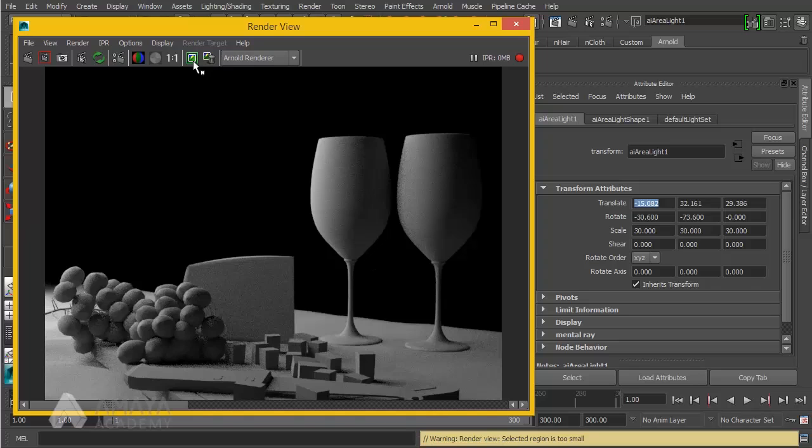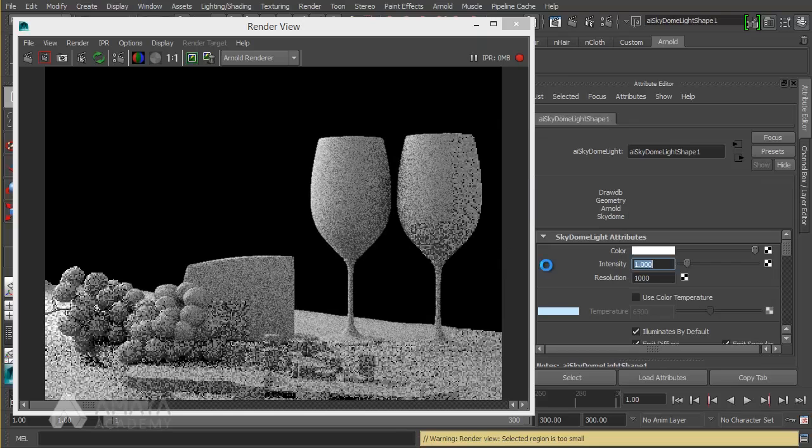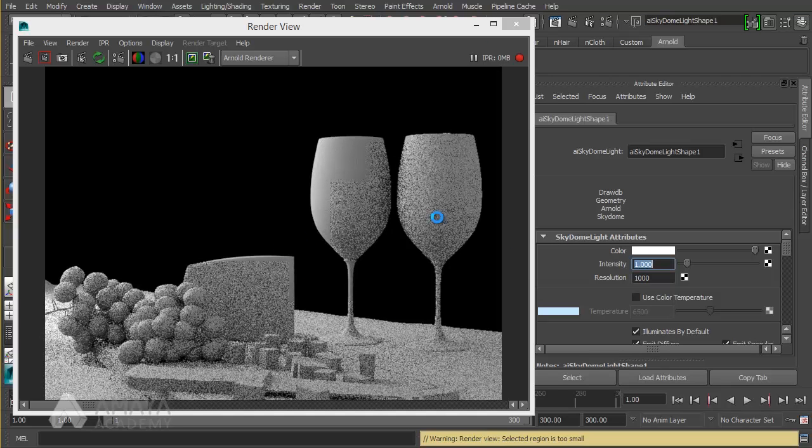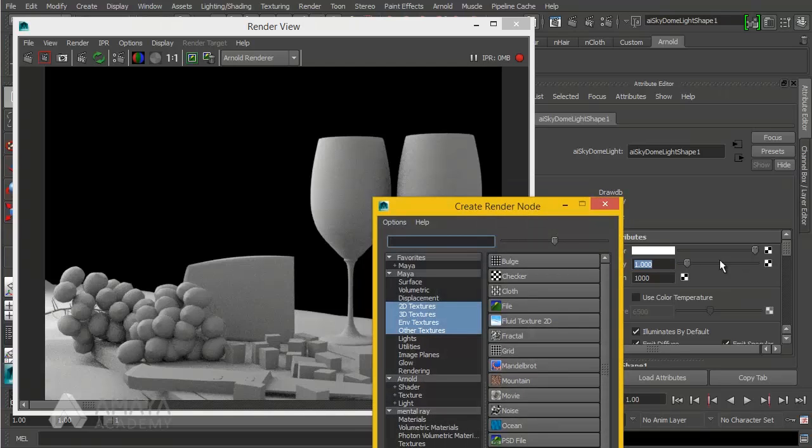So let's keep this render, and we're going to create a light from the Arnold menu, Lights, Sky Dome Light, and it's going to be completely blown out when you first create it because it's just white. Quite an easy way of getting a kind of ambient occlusion look to your render, but we're going to get some color in there by applying an image in the color setting here. So we're just going to click on the checker,